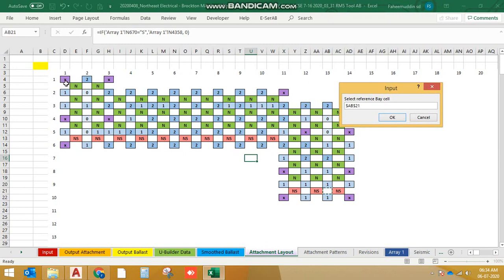So what we'll do is just always select this one. This is better option. Always select this one and make sure you do not select any supplementary bay. Always select a main bay. Don't select a supplementary bay. So I'm selecting this one, this is always the best one, because 2 by 2, generally this is not an edge. Otherwise, you can select any one which is just first one away from the edge.